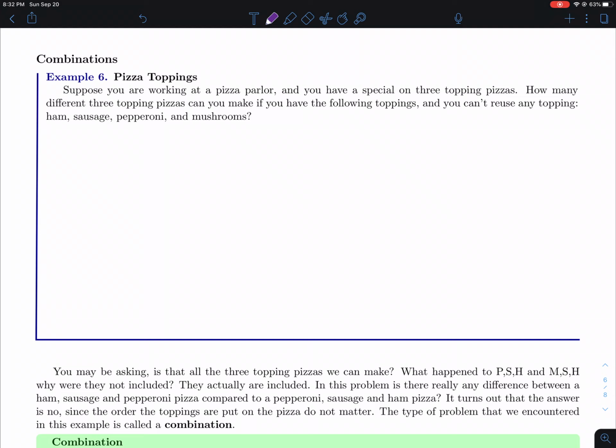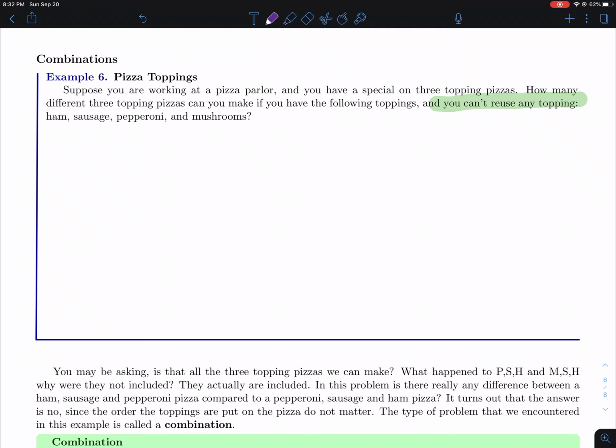So notice this is one of the places where permutations and combinations are the same. We're not allowed to reuse anything in a permutation or a combination. Fundamental counting, we can reuse stuff. Permutation, combination, can't reuse anything. And so in this case, we've got 4 different toppings to choose from, and we're trying to make 3 topping